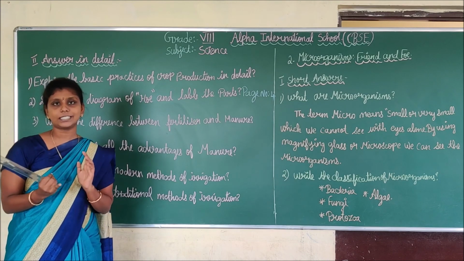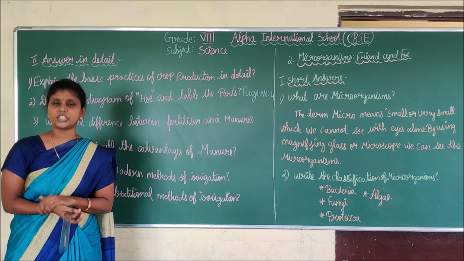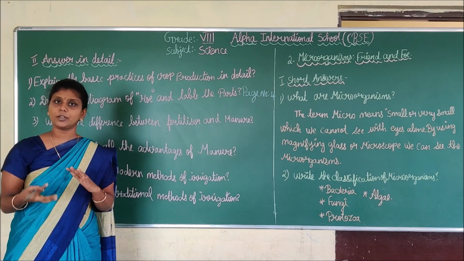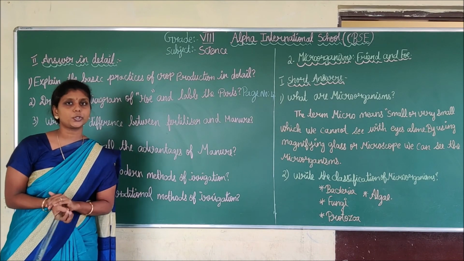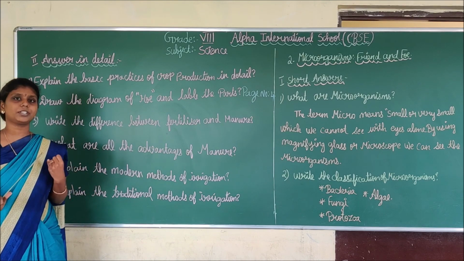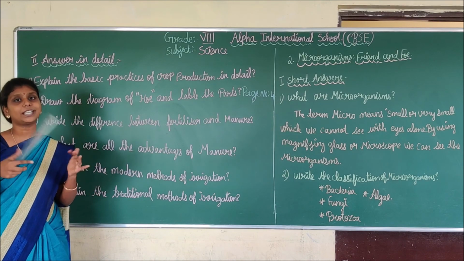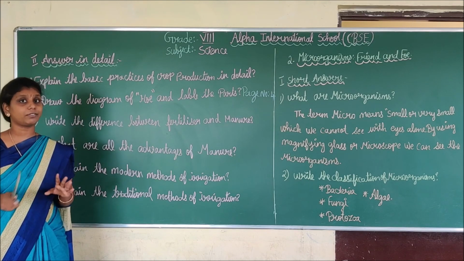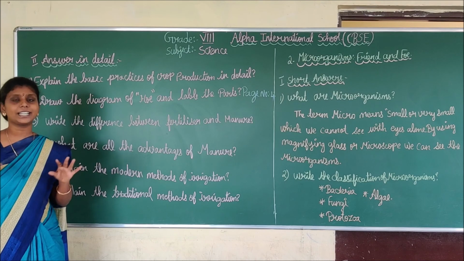What are all the steps involved in crop production? Yes, there are 6 steps involved in crop production. First, preparation of the soil, sowing, adding manure and fertilizer, like that 6 steps. You should write all the 6 steps and define what preparation of the soil is and what steps are involved in it, and likewise sowing, adding manure. You should write all the steps in detailed form.